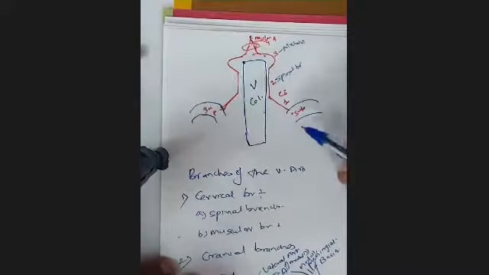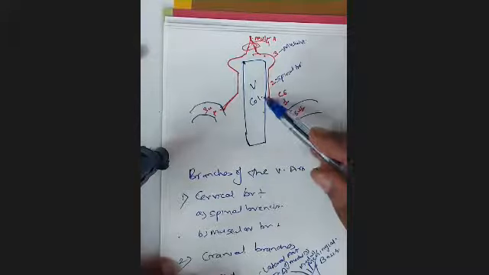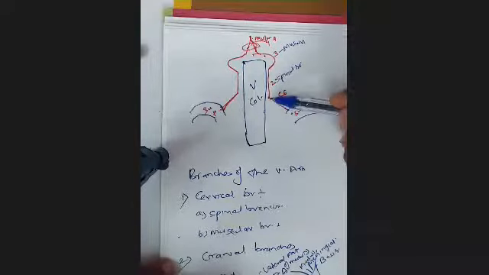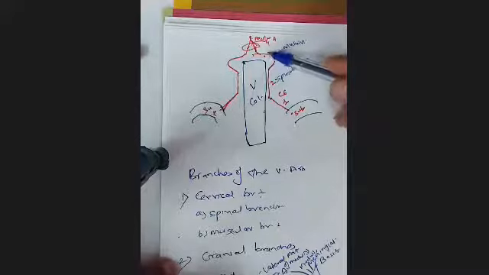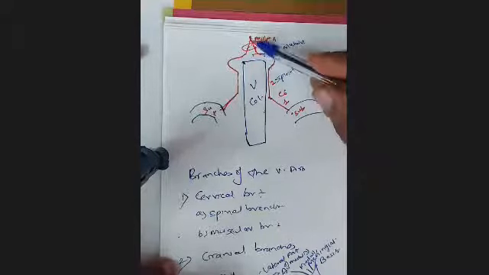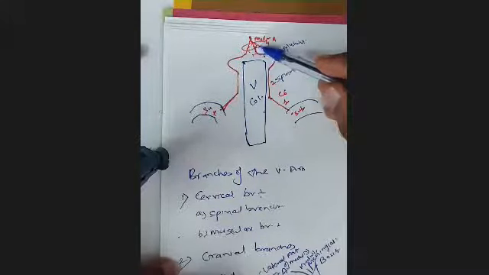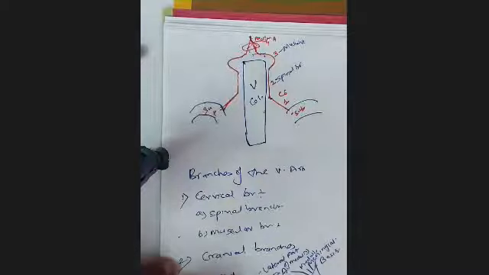It has 4 parts. It arises from the first part of the subclavian. The first part passes through the triangle of the vertebral artery, which is between scalenus anterior and longus capitis. The second part lies in the foramen transversarium of C6 to C1. The third part lies in the floor of the suboccipital triangle. The fourth part lies inside the skull, because both vertebral arteries enter through the foramen magnum. They run a short course inside, and both side arteries unite to form the basilar artery, a unique example where arteries are uniting.